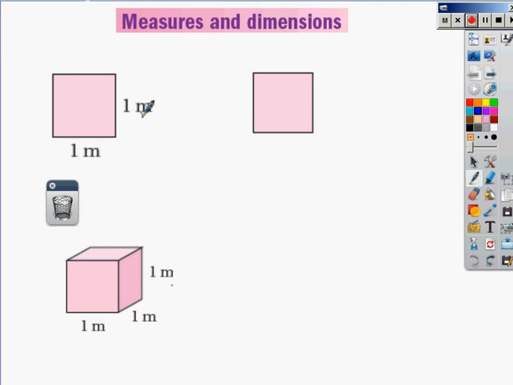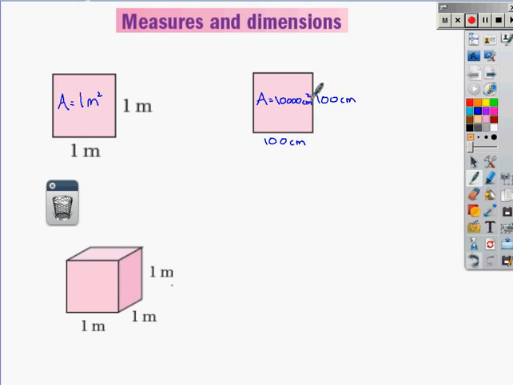Now I want to convert this into centimeters, or rather centimeters squared. The area of this square is 1 times 1, so that's 1 meter squared. So what would that be in terms of centimeters squared? Well, 1 meter is the same as 100 centimeters, and so this side is 100 centimeters as well. So the area of this square, which is exactly the same as the area of this square, but this time in terms of centimeters squared, is 100 times 100, and so it becomes 10,000 centimeters squared, not 1,000 as